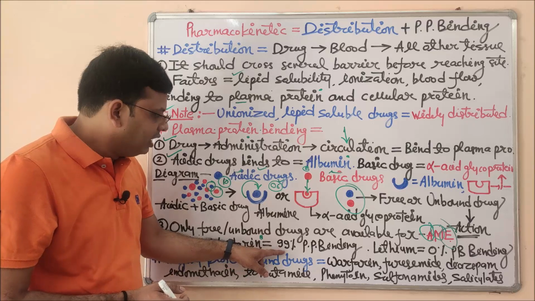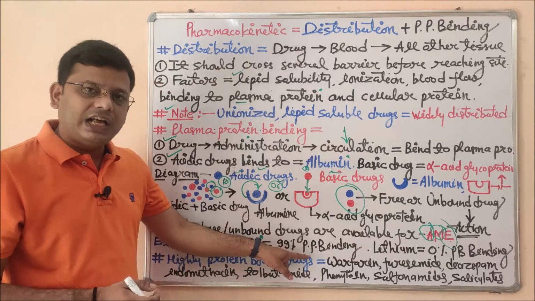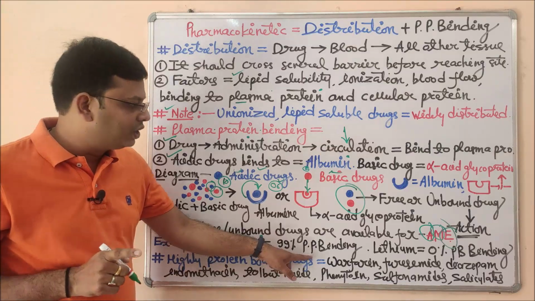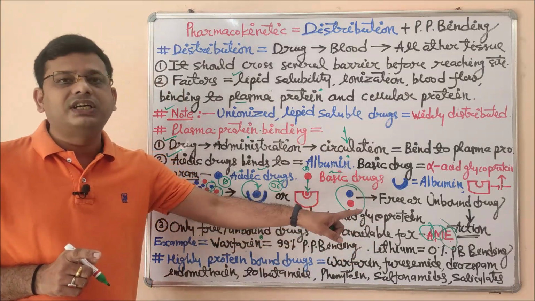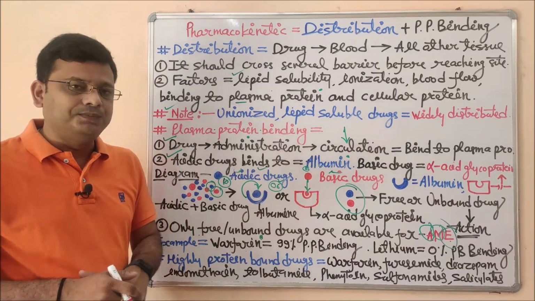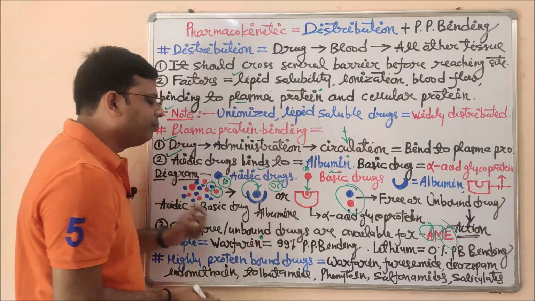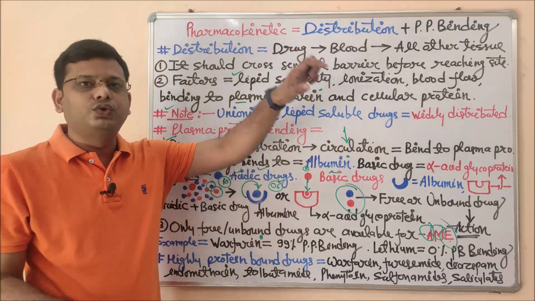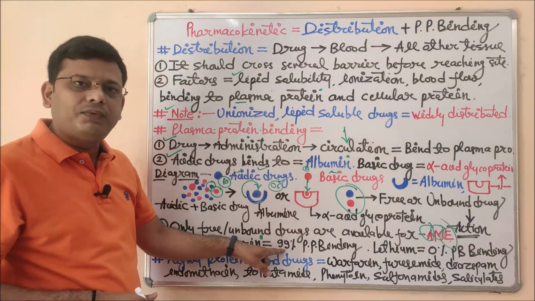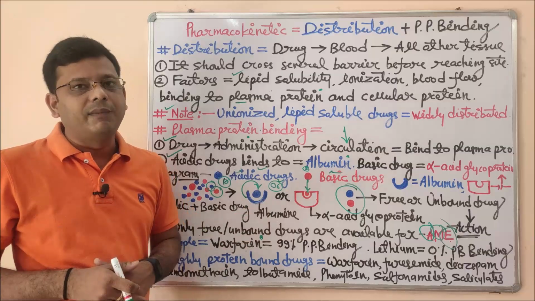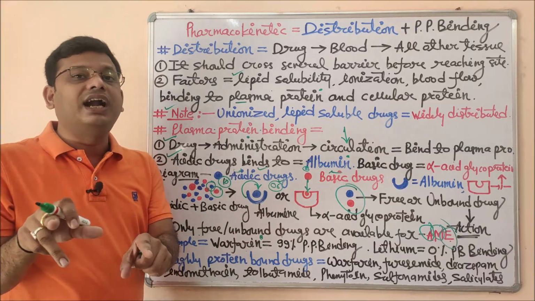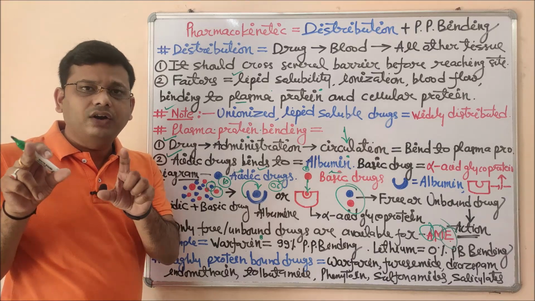This warfarin is 99% bound to the plasma protein. That means only 1% of warfarin is available for action, whereas lithium is 0% bound to the plasma protein. That means it is completely available for action. So as you can see with this example, there is a drastic difference between these two drugs, from bottom to top. This is only 1% available for action, and that drug is 100% available for its pharmacological action. Pharmacological action also includes the unwanted effects. So you should keep this in mind also.